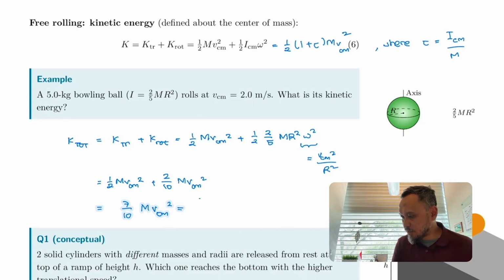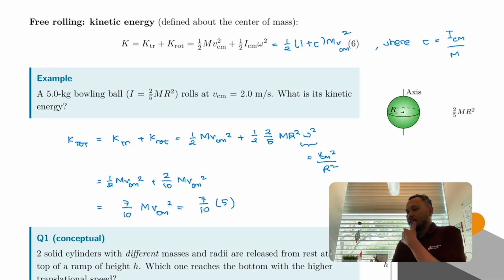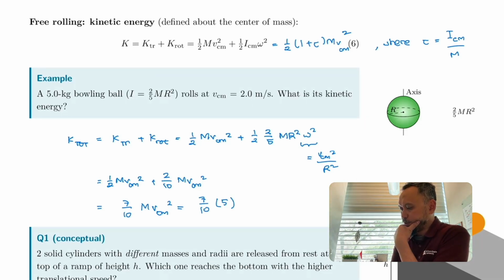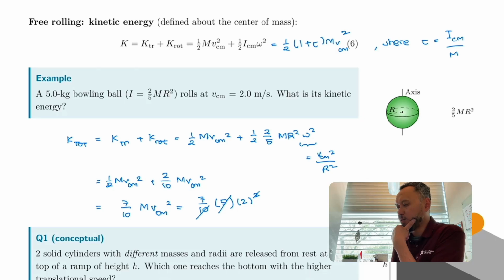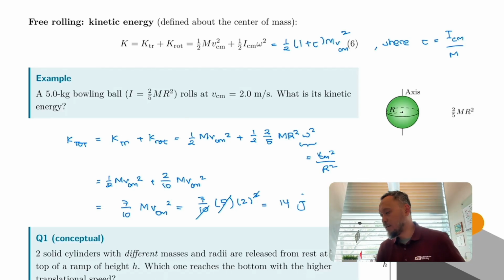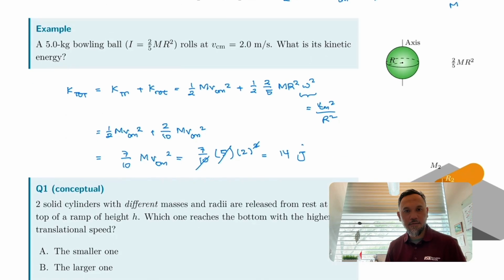So 7/10 times, again, I apologize that I'm going to skip the units, mass 5 kilograms, and the speed squared is equal to 4. I'm just going to do this: 5 times 2 is equal to 10. Answer: 14 joules. I hope that